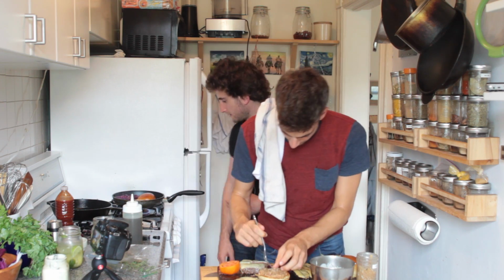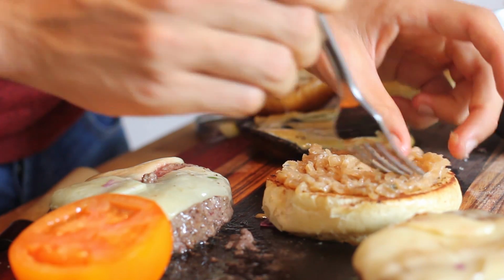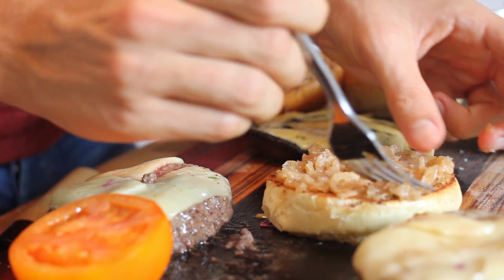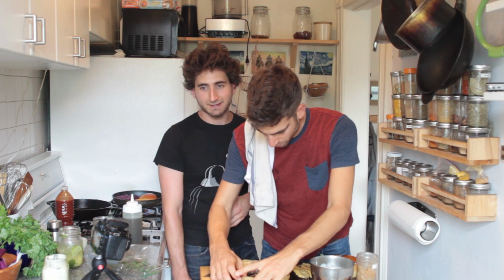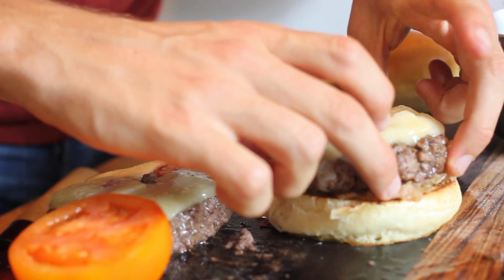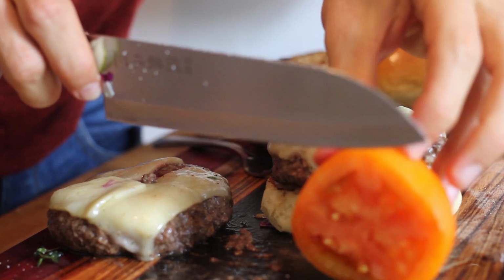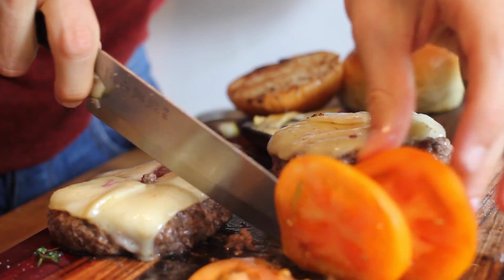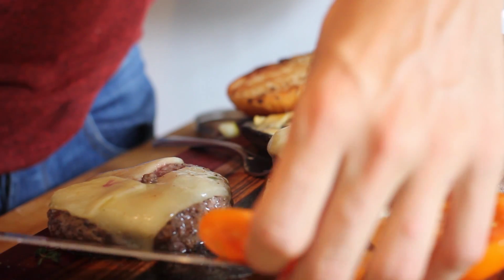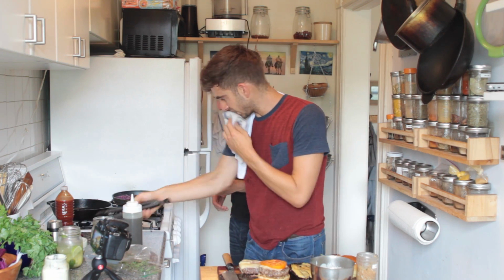A little bit more of that. Okay, Josh, you can use that on your burger too. Share the love, man. Come on, man. All right, we're all friends here. And we're gonna go on with the burger. A little bit of tomato. Orange tomato. Tomato right on there. And then I need some of this delicious